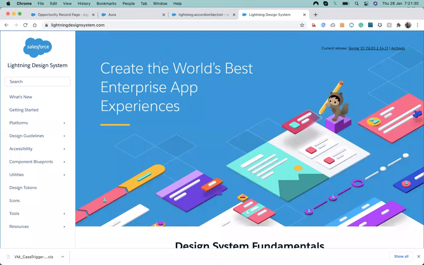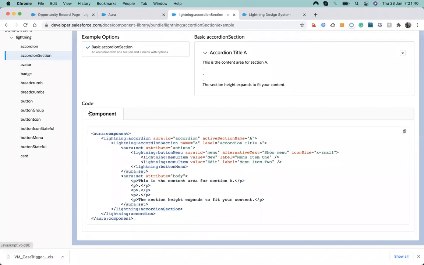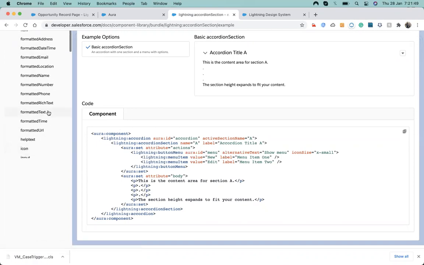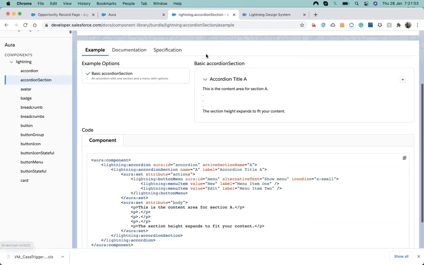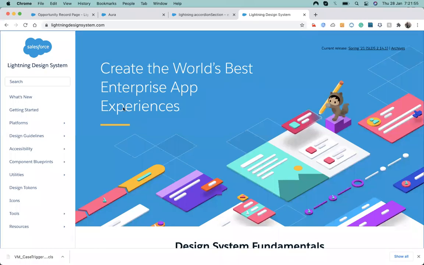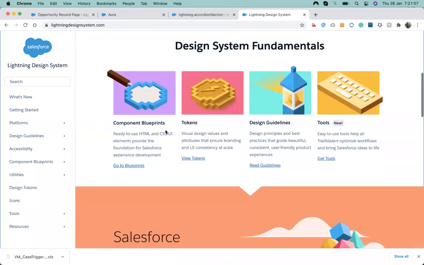And here is the Lightning Design System. Might be you have a situation where you are not able to solve something in the component library, because either it is not available, or it is not solving, or its UI is not working, or any other issues related to the UI, or things are not able to be built, or it is not present in the component library. Then we switch back to the Lightning Design System.